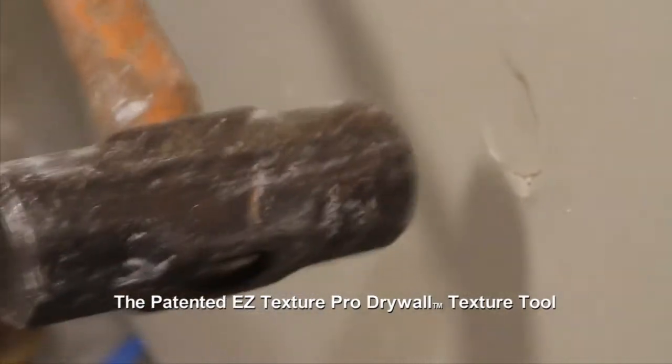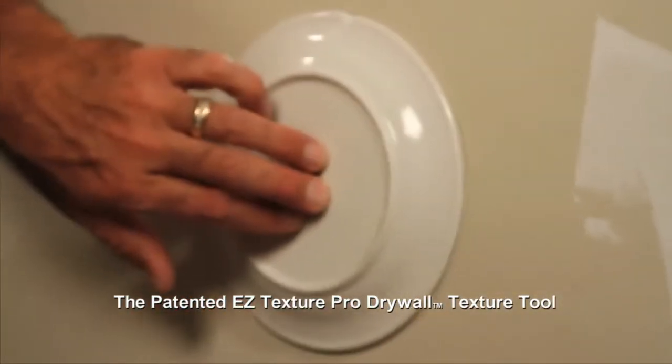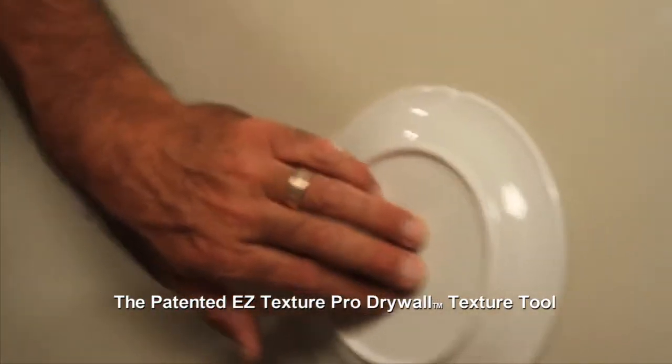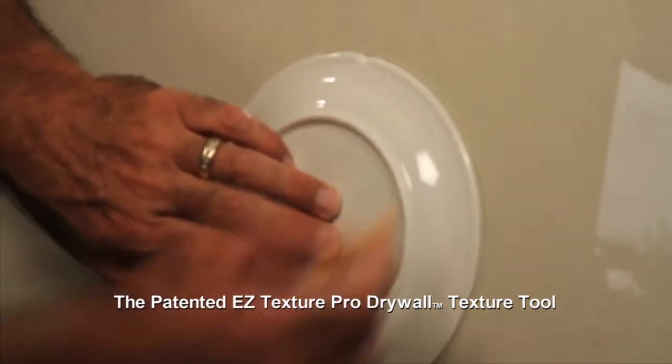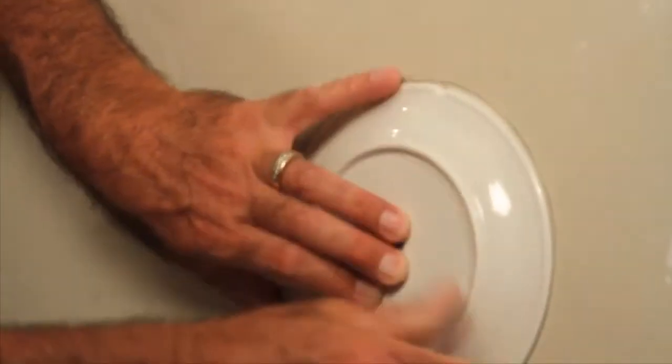Sometimes things happen, like taking a sledgehammer and putting a hole in your wall. And what do you do? You've got to fix it before your wife gets home. So the best thing to use for a template is one of her fine china plates. Take it, make sure it's big enough to go over the hole that you made, and use it